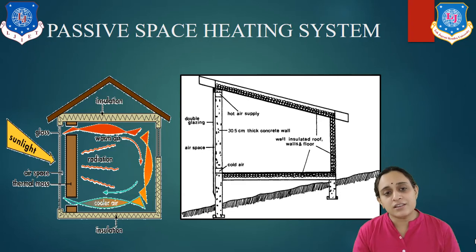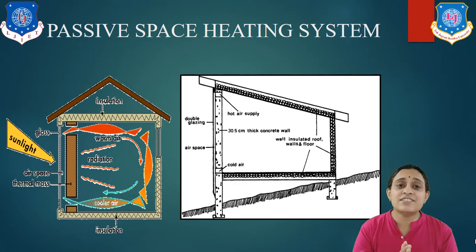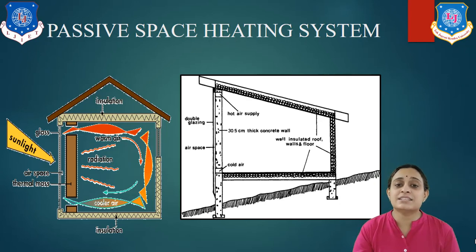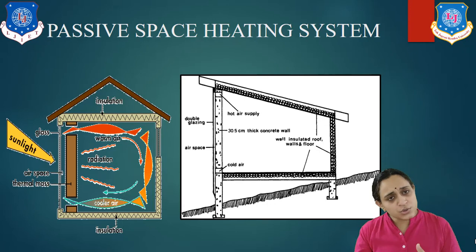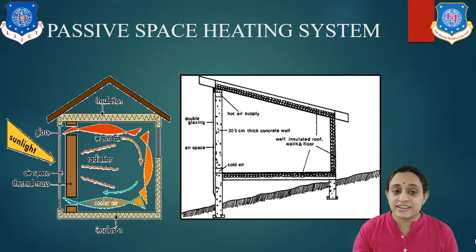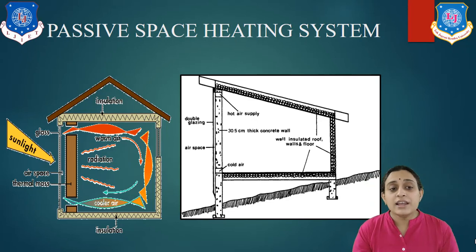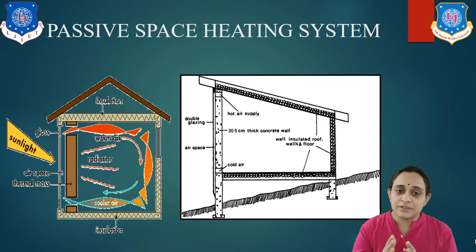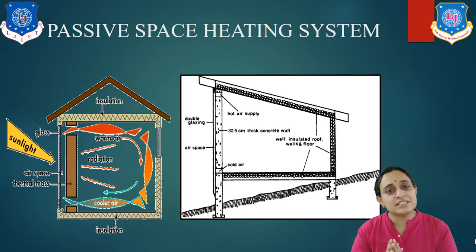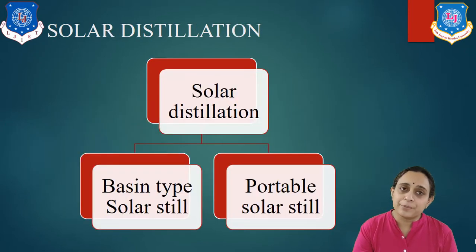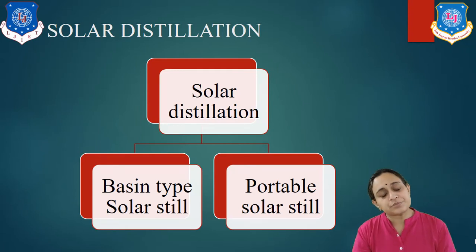In foreign countries where there is very little solar radiation and colder places, this kind of passive space heating system is used. They also use this structure made of glass so that the system gets heated well and the heat remains inside for a longer time. Okay, the warm air comes from the upper side and the cooler air circulates at the downside, and air can be circulated in this way. So this is the passive air heating system.